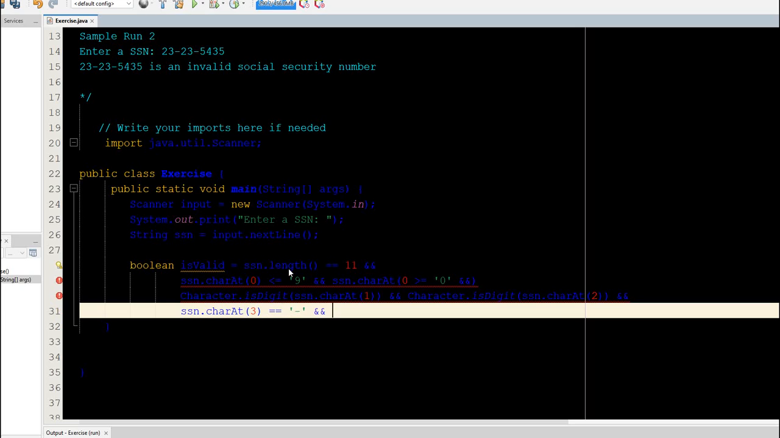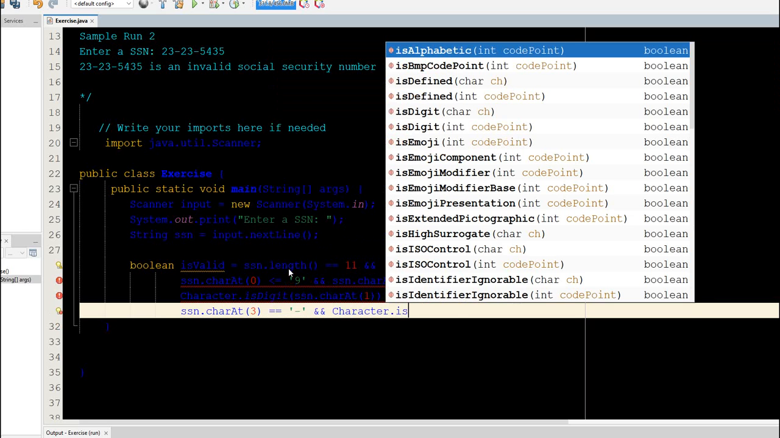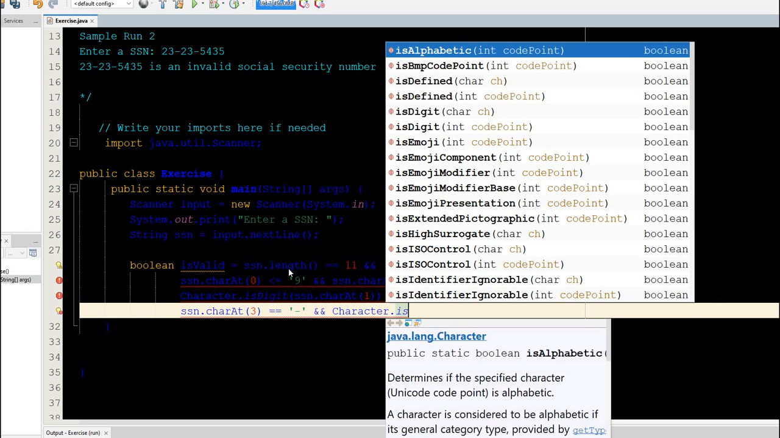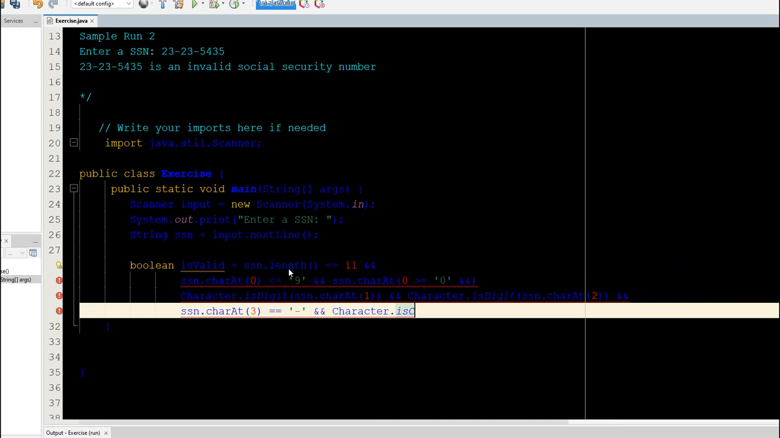And then Character dot isDigit, that is, and we'll do this is in charAt 4, dot charAt, and we'll do 4. I'll leave those there. Let's go back up there for ampersand, and again